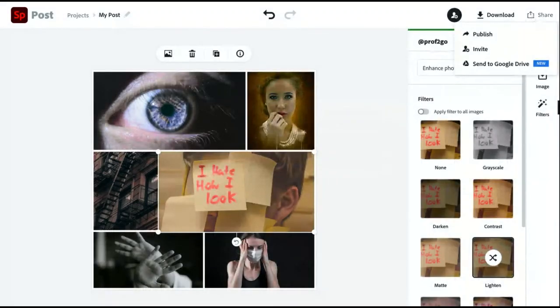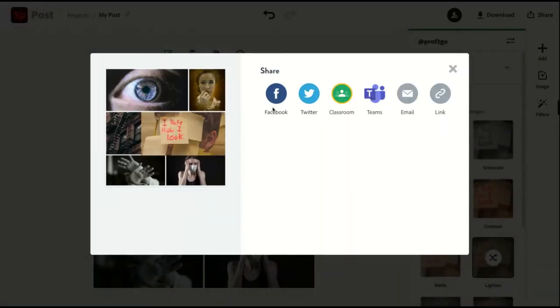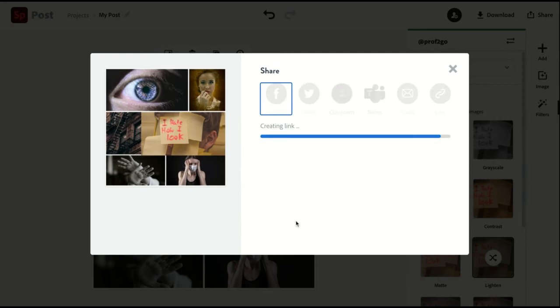So it saves that post automatically to the cloud, and you can share it off to Google Drive, which is a new feature, or you can publish that. And then you can choose which channel you're saving it out to and publish to.